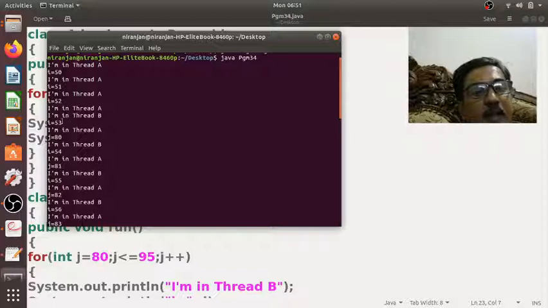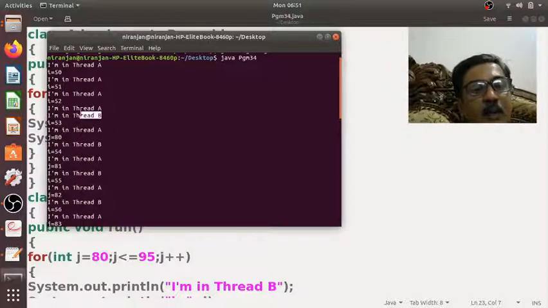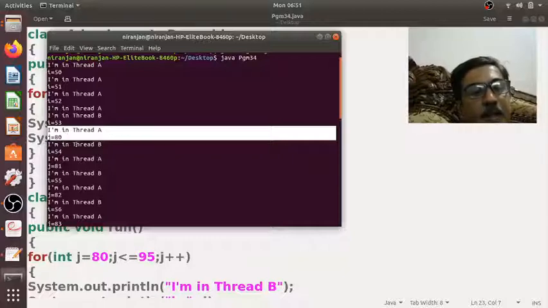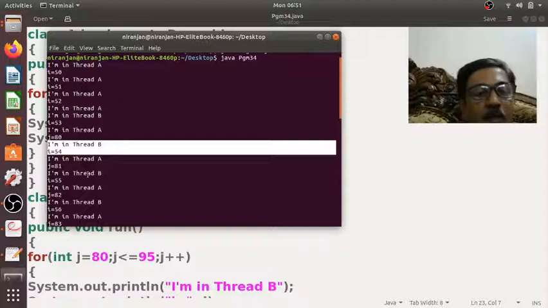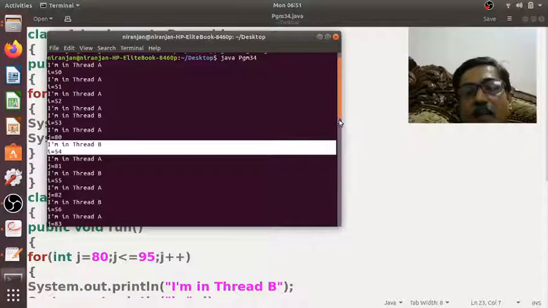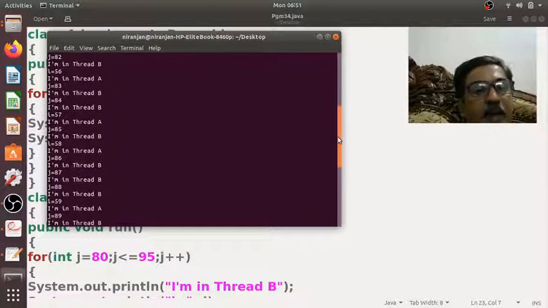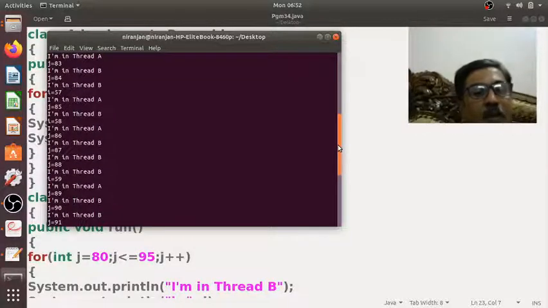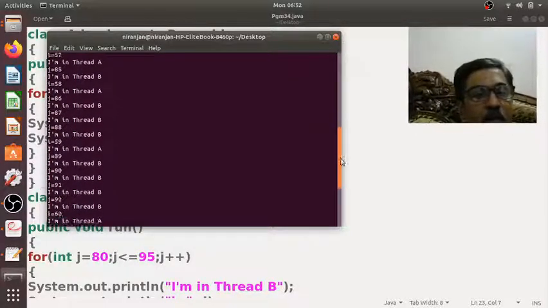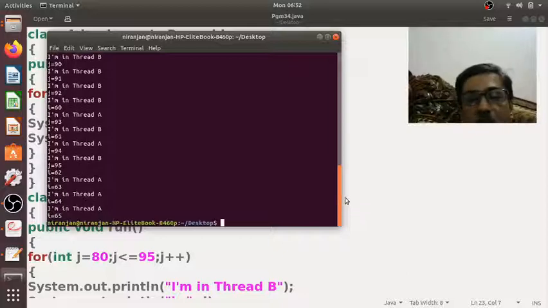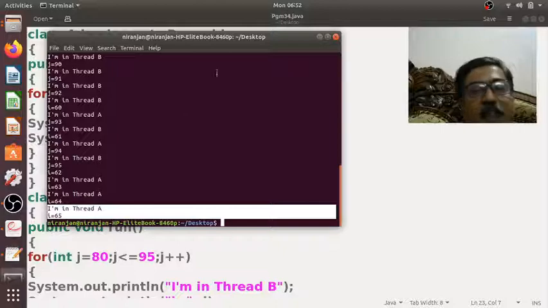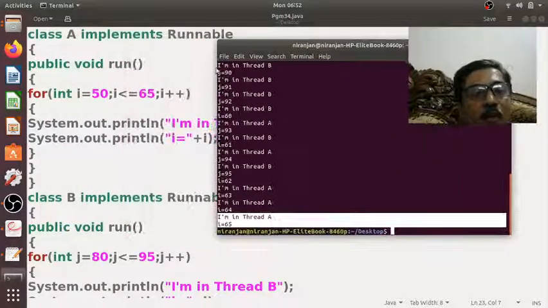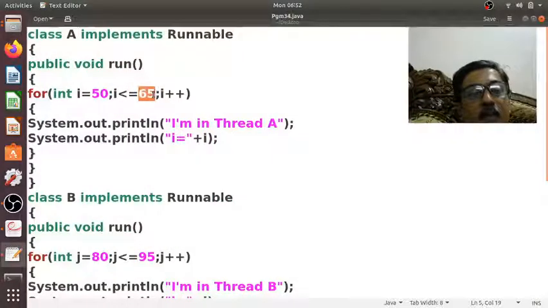Then it has taken up the execution of thread B. Then again it has gone back to thread A. Then it has chosen thread B. Alternatively it is executing thread A and B. You can see series of letters A, B here, and finally you are getting the value 65, which is the last value of thread A.